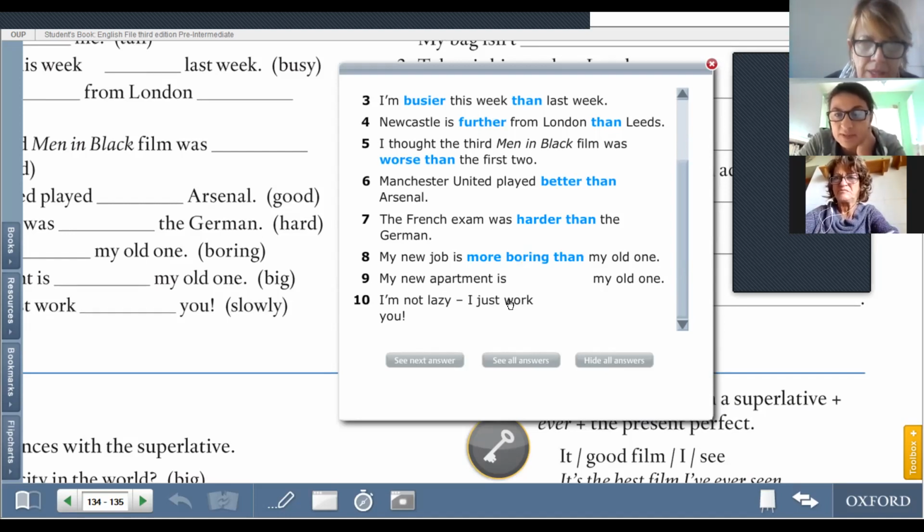My new apartment is bigger than my old one. Yes, you just put the stress on the double G's. That is perfect. It's bigger than my old one. Yes. And then the last is an adverb, Anna, it is slowly. Slowly. I'm not lazy. I just work